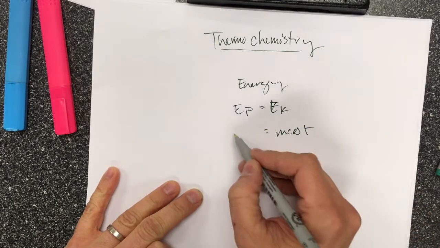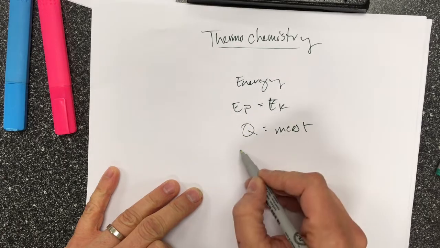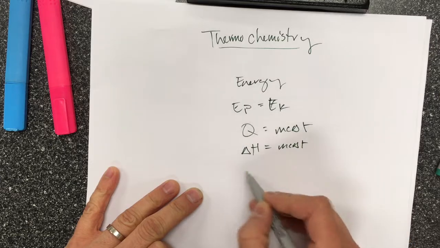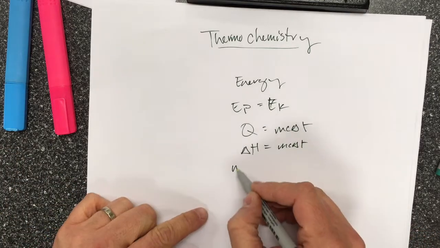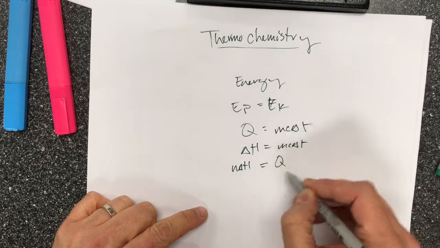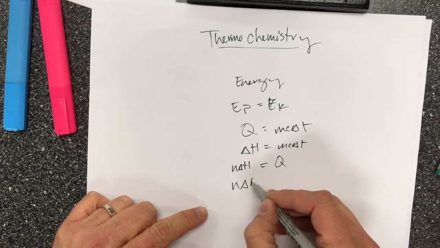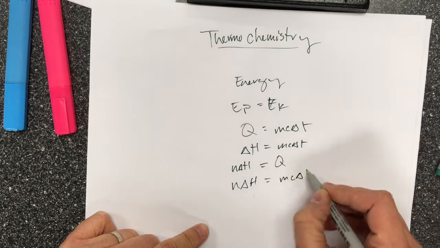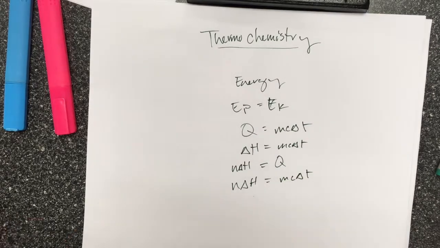calorimeter change, and your potential energy might be a Q or a delta H, and the delta H might be given to you, and the number of moles times the molar enthalpy will equal the Q, so the n delta H, the number of moles times the molar enthalpy equals mc delta T. There are lots of ways that you can arrive at a correct answer, and it can be intimidating and it